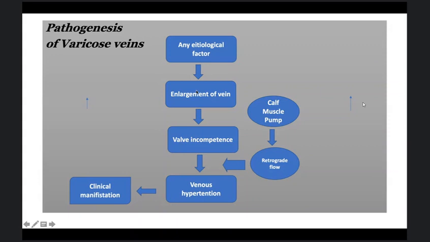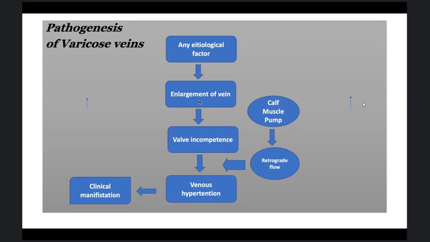As I said, any etiological factor will lead to accumulation of blood inside the vein. This will lead to enlargement of the vein. When the vein enlarges,